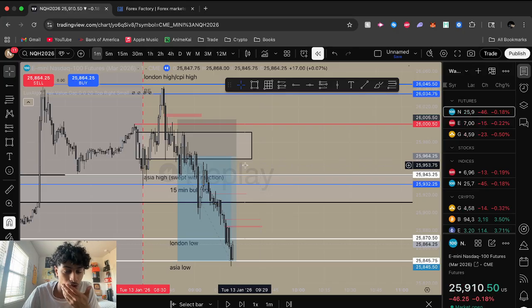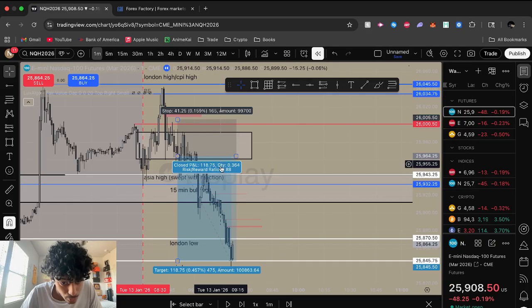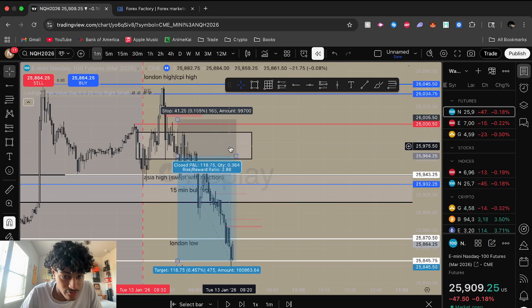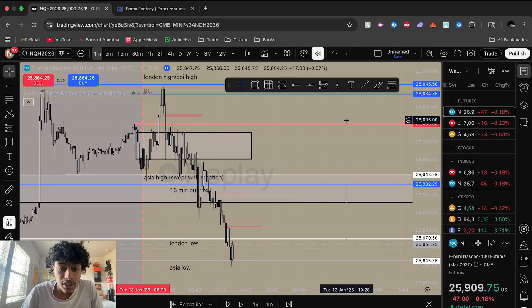Obviously, it's a very good day. This is all hindsight bias. With the charts being like this, I wouldn't have taken this trade, honestly speaking. And when we hit that bullish value gap right there, I would have gone to break even, probably, and we would have gotten break even anyways. But maybe here